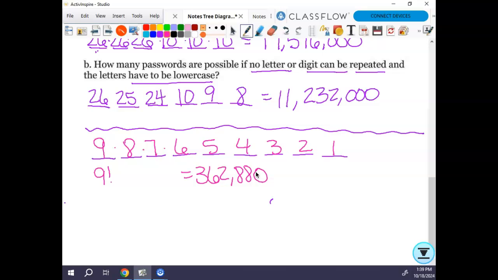What questions do you have? We all kind of good on that? One thing I do want to say about the SAT